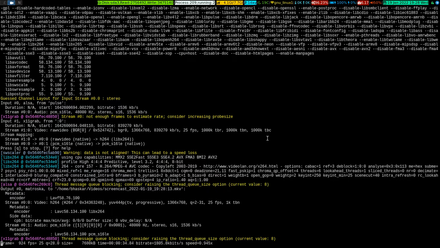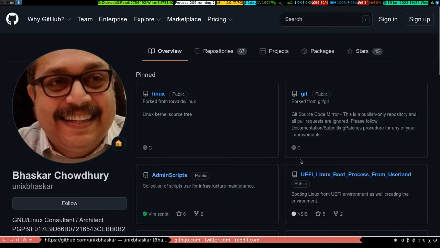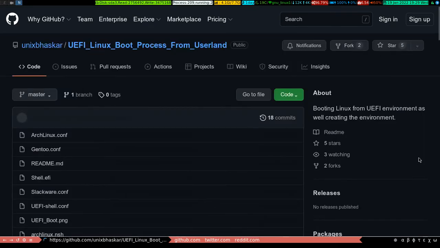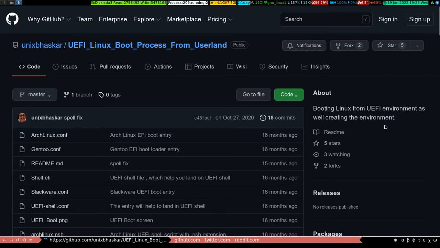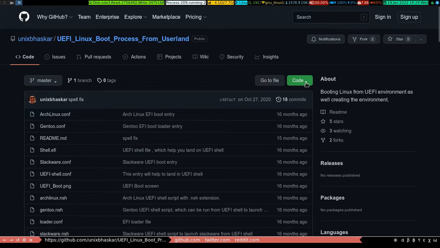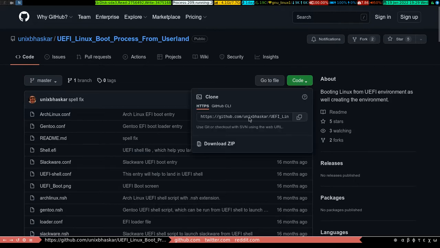Most of the time I live in a terminal, but when I don't, and I want to do something, I should get the stuff ready to get things going, right? So for instance, if I go to my browser and from my repo I wanted to copy one of the repos to clone to my system, and if I go here and it says,